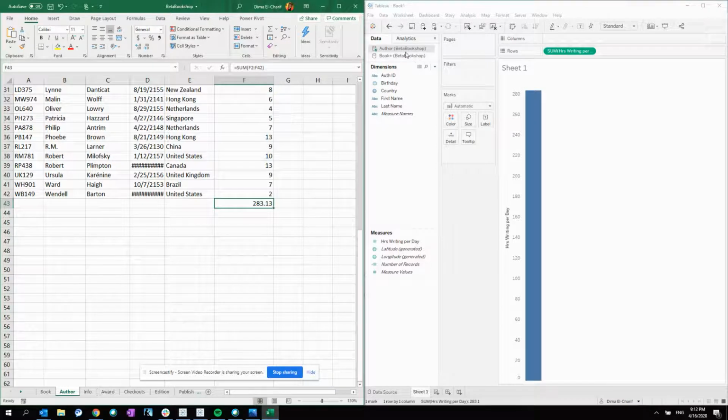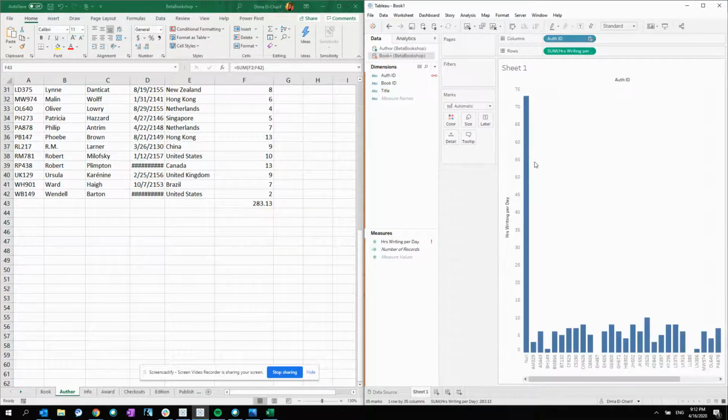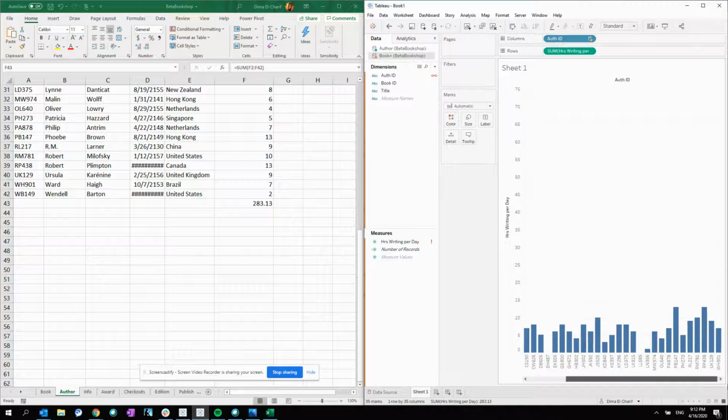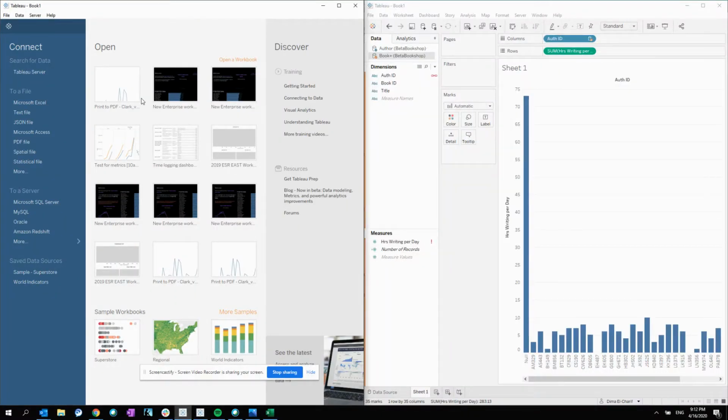If I wanted to relate both of these things together based on author ID like I was doing before, what I need to do is create a blend by clicking on this paperclip here and use the author ID as a linking field. Now this information is not going to change the granularity of the data. The total hours are still going to be 283.1, but there will be null values for the ones that have a book ID but don't necessarily have a different author ID, so it's not being redundant, right? Now let's take a look at this model, but using the new version of